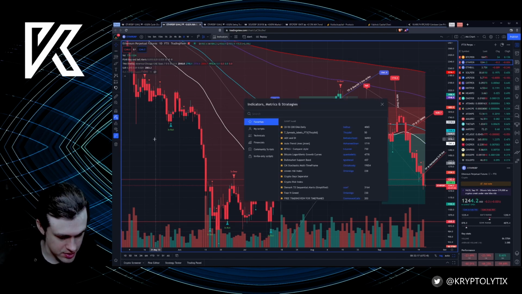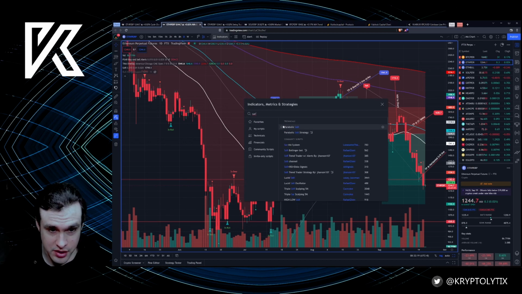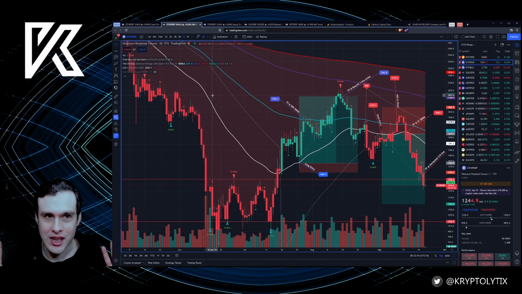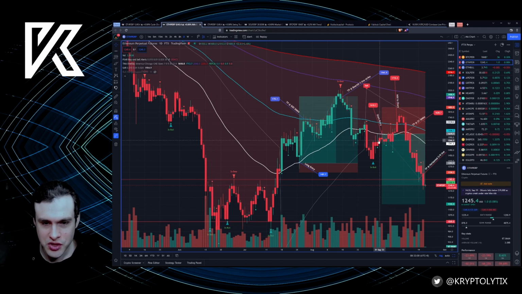And you just type in SAR, so Parabolic SAR, and just add that. This is so you can see the actual line, because unfortunately Kryptolytix code doesn't actually include a line, so you can't really see. You want to actually know where it's going to flip. You don't want to just be looking at the chart not knowing what's happening, like, I don't know, maybe it's going to flip soon, maybe it won't. I like to be able to see why it's going to flip when it flips,